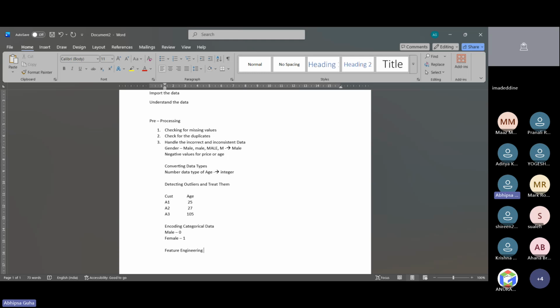Suppose we have multiple ages, but we will create a column with the age group, right? So there would be young people, adult people, senior people. In that way, the segregation would be made. Suppose in our data set we have a column of unit price, and a column of how much quantity has been sold. So we will multiply those to get the total price. So hope this part is clear to you.